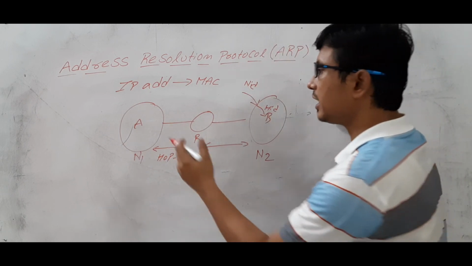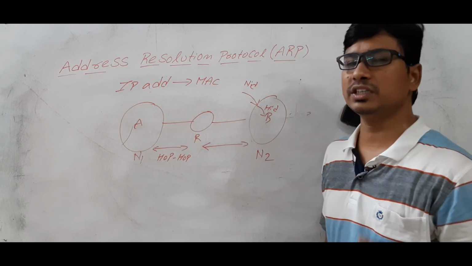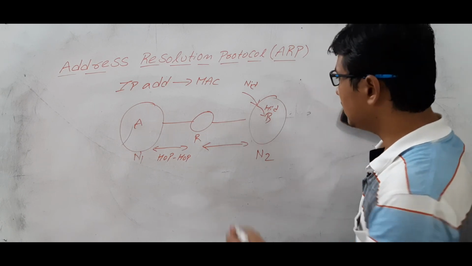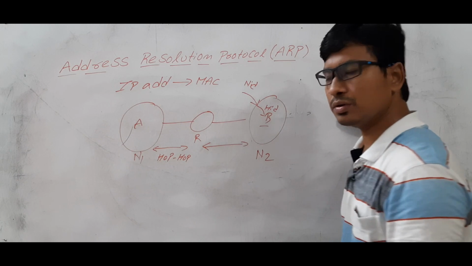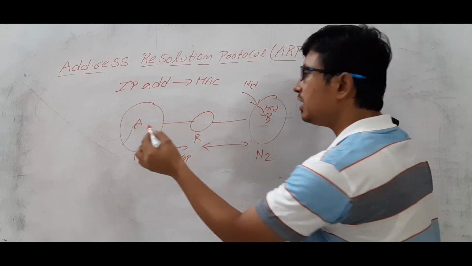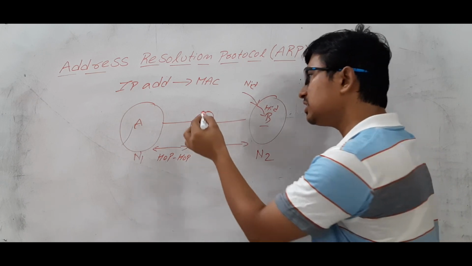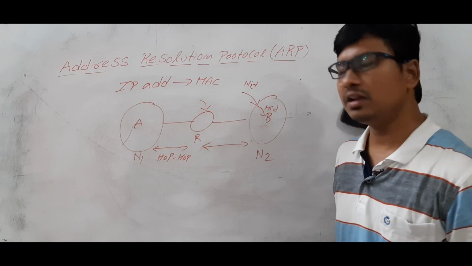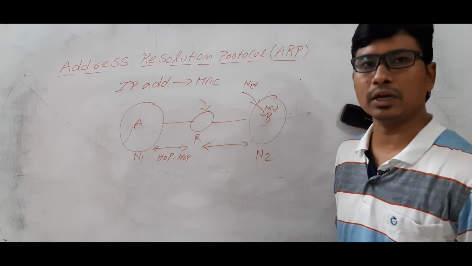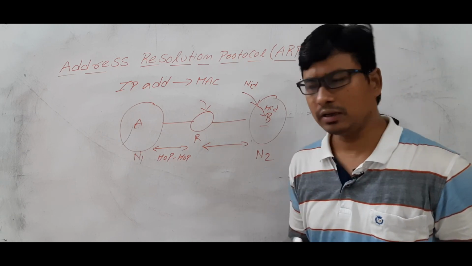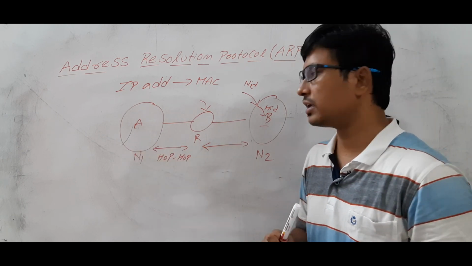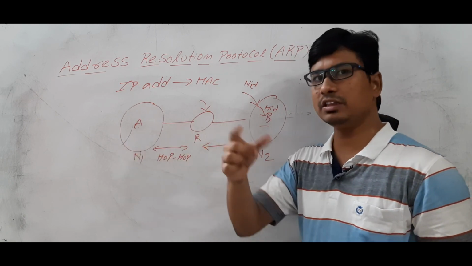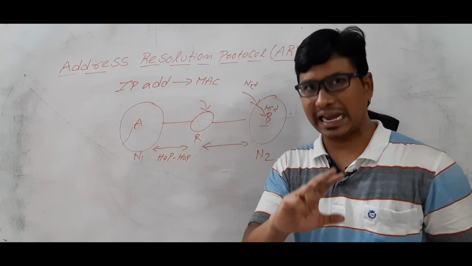Am I right? And the network layer will do the source to destination communication, and the transport layer will do the process to process communication. Even though A is the source and B is the destination, A needs to find only the router's MAC address, because A will send the packet to the router R. That router will be able to send the packet to B. Will you accept with me or not? Because A and B are in different networks and these two networks are very far away and connected with a router. So first A will deliver the packet to the router in the data link layer. Am I right or wrong?